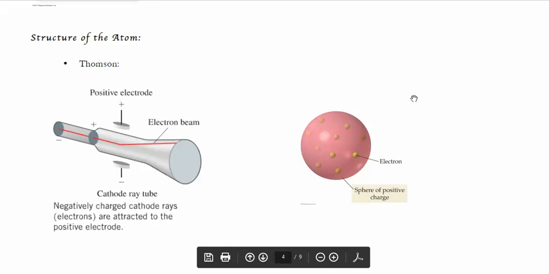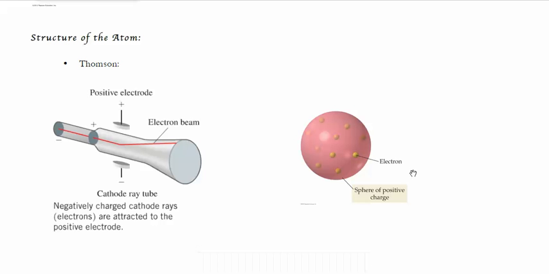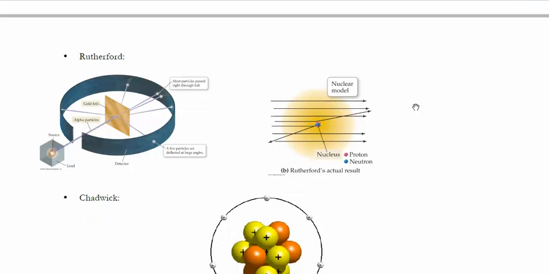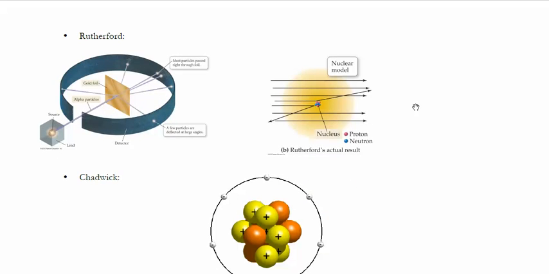Now, this is not our current understanding of the atom. This is not correct, but for Thomson's time, that was very revolutionary, because up until that point they had assumed that an atom could not be broken down into simpler parts. Now, Rutherford was Thomson's student, and so he was trying to provide evidence for the plum pudding model, but instead he actually proved the plum pudding model incorrect.